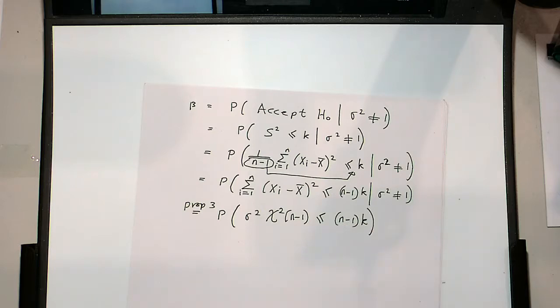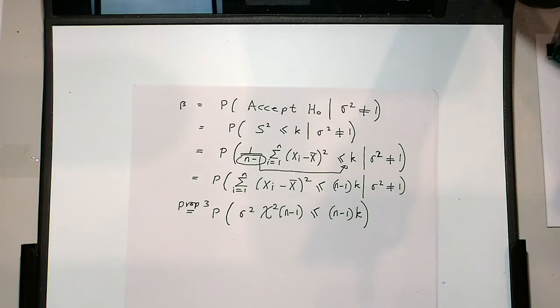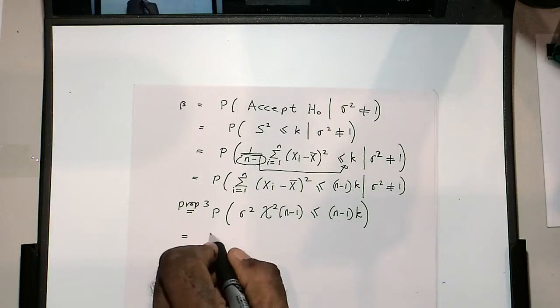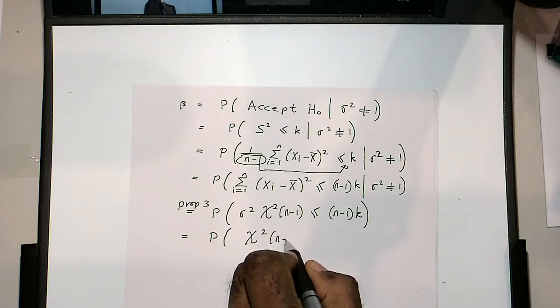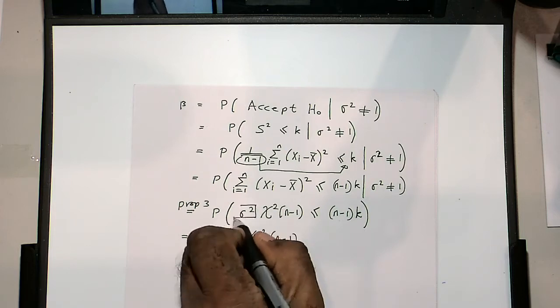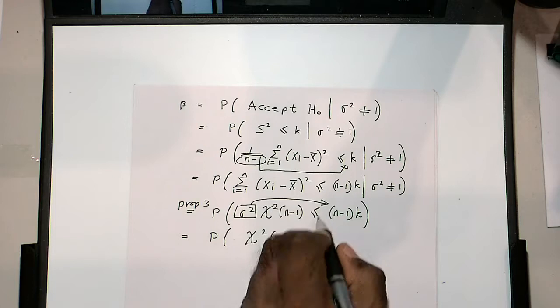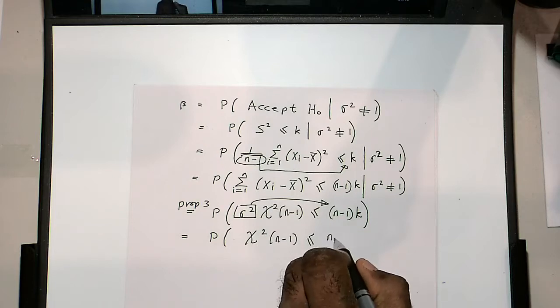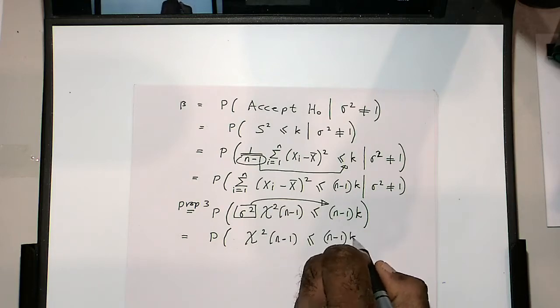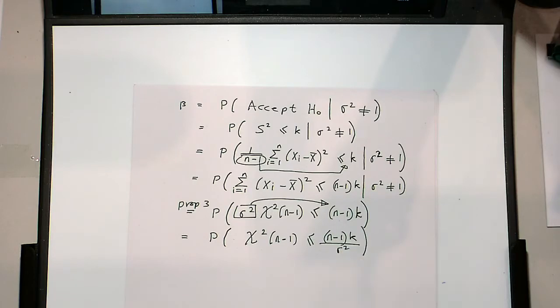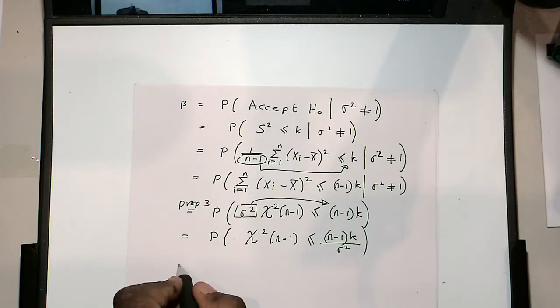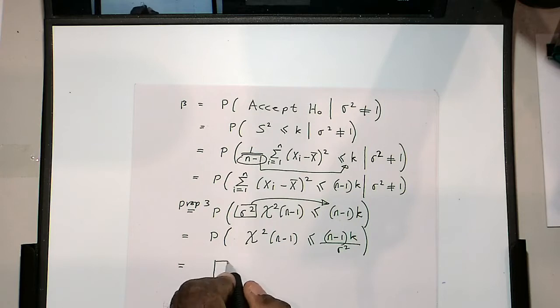You follow me? Yeah? It's according to property 3. So this you can write as the probability that a chi-squared variable with n minus 1 degrees of freedom is less than or equal to n minus 1 times K divided by sigma squared. So finally, you can write this as the CDF of a chi-squared variable at